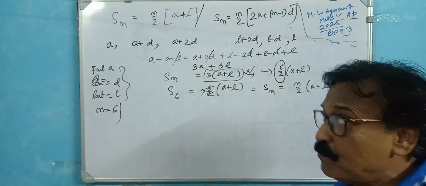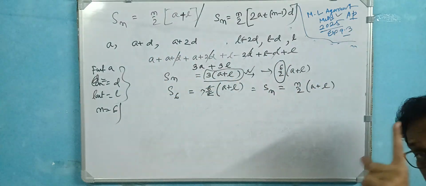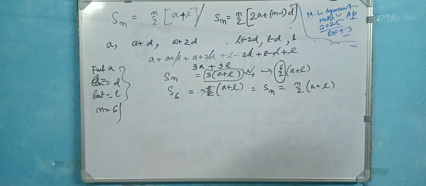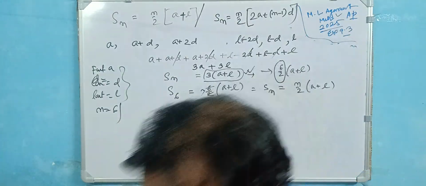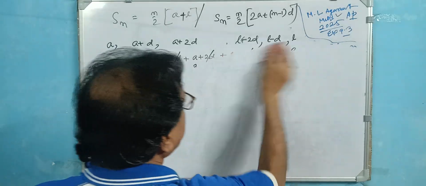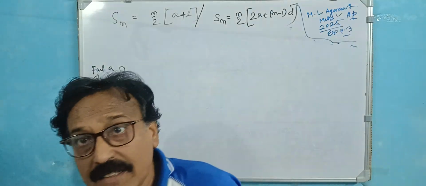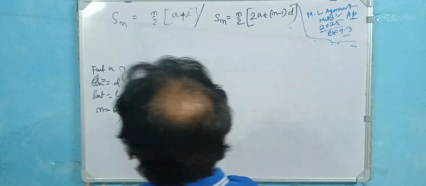So it will prove that if there are 6 terms, then the sum is 6 by 2 times (a plus l). If there are n terms, it is the same: n by 2 bracket (a plus l). Is that clear? But in the books, it is certainly complicated. I already proved it in the previous video, but today you just make this clear. Why this? Suppose Sn